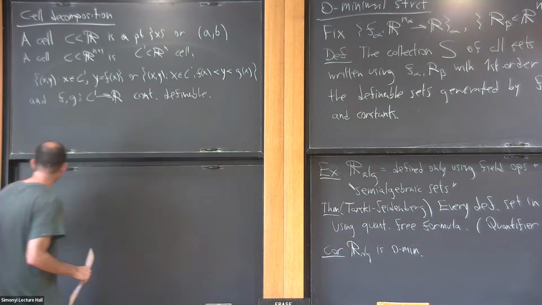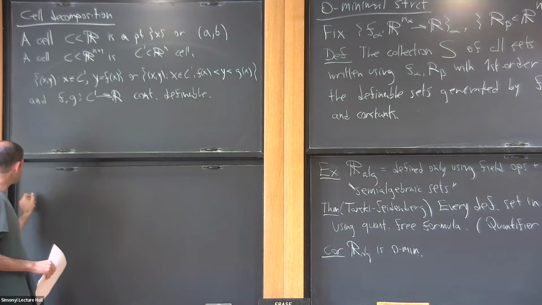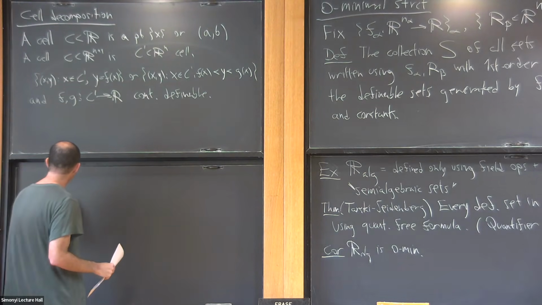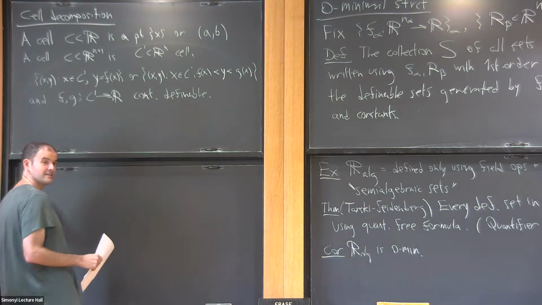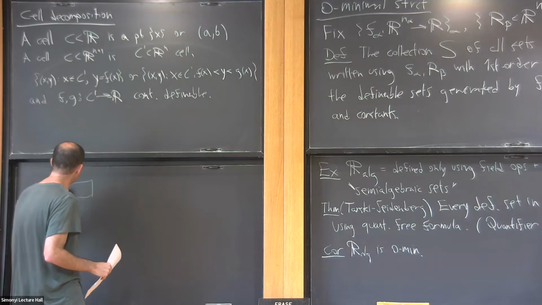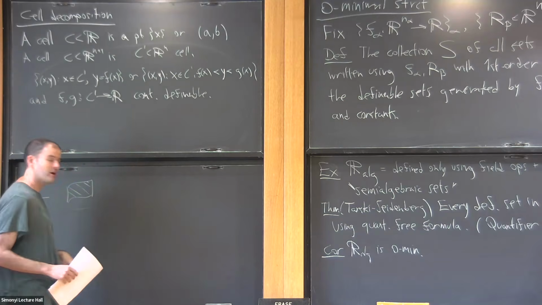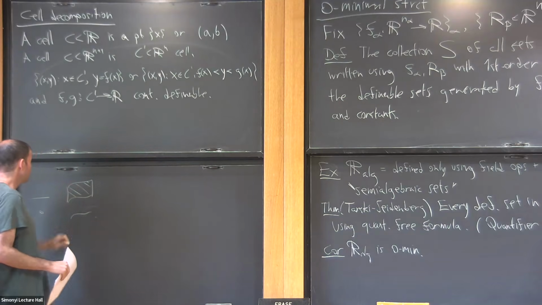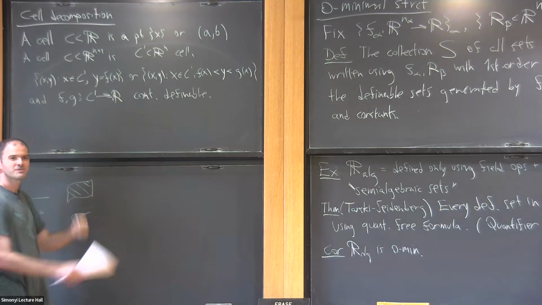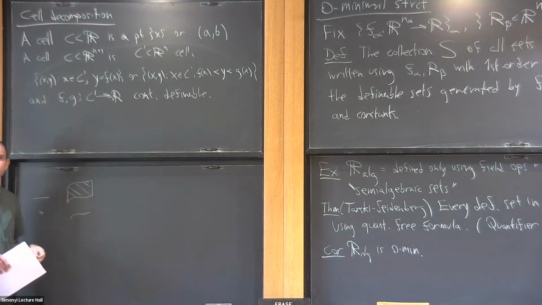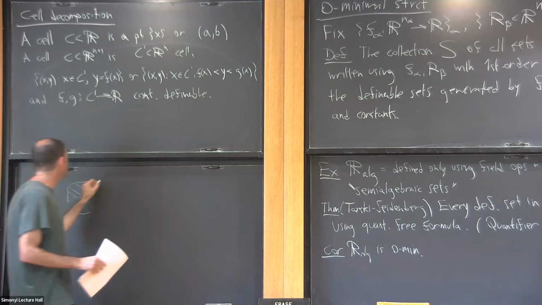Okay, so basically, a cell in the real interval is something like this. Then in R2, I fix a cell in the base, and then I'm putting two graphs and I'm taking everything between them. Or I could have just taken a graph. That's also an option. Here I could take a point. Then I'm not able to draw 3 dimensions already, but okay, you get the picture. So this is what a cell is, and then the theorem is that